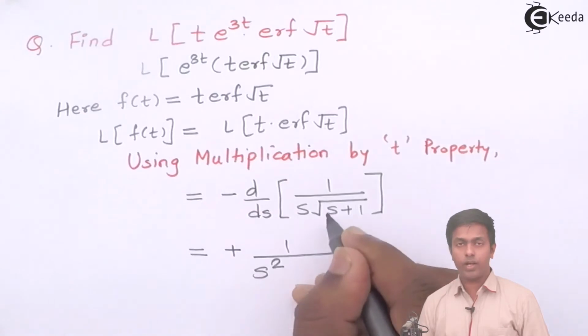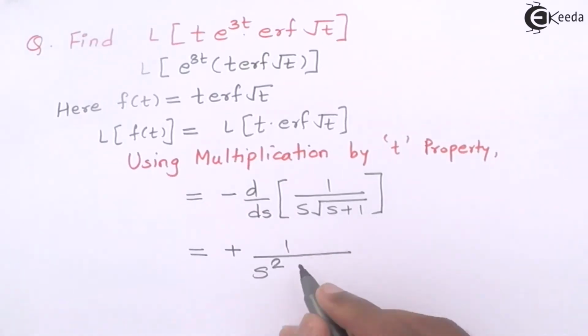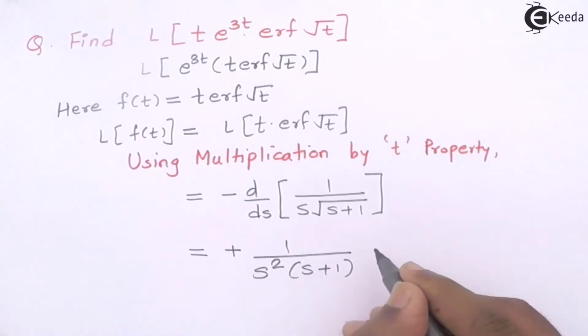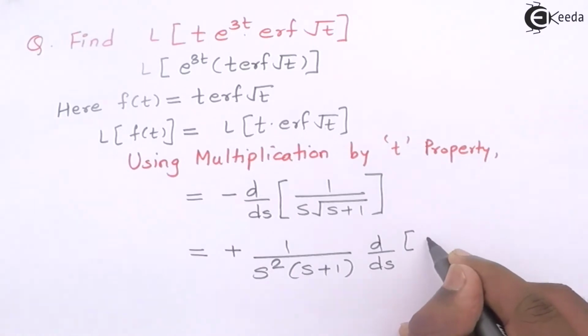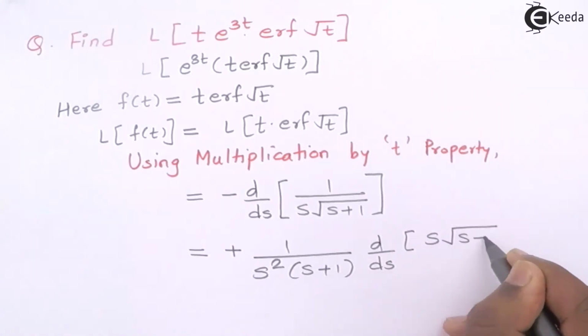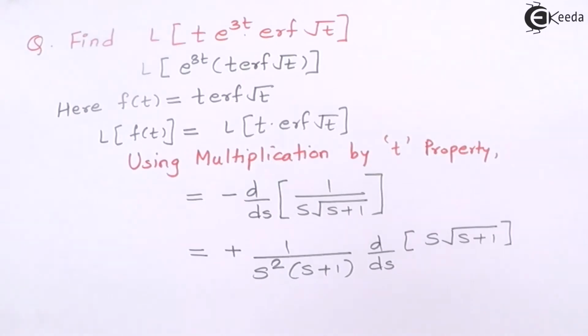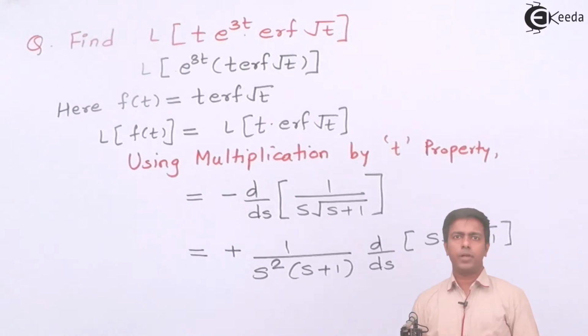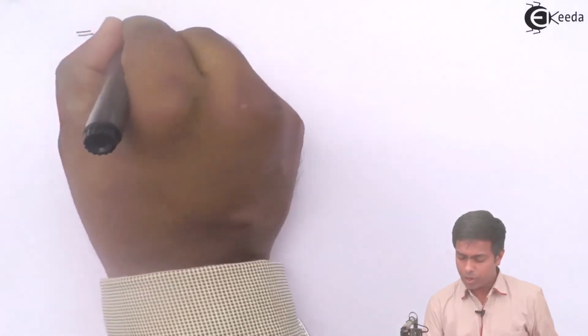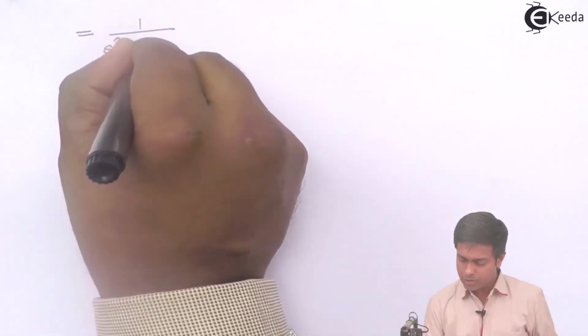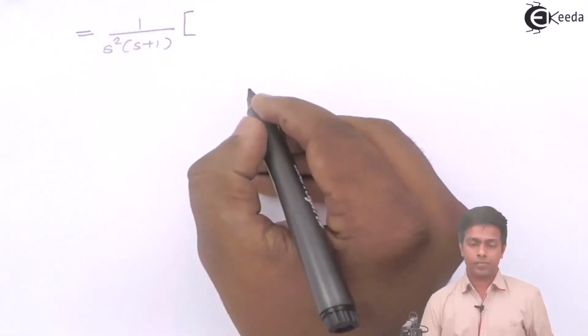So s square, and the square of root of s plus 1 is only s plus 1, into the derivative of this value, that is s root of s plus 1. So to get the derivative of this term, here it is in the form of u into v. So guys, now I'm going to use the property of u into v, that is u times the derivative of v plus v into the derivative of u. So this will become equal to 1 upon s square into s plus 1,